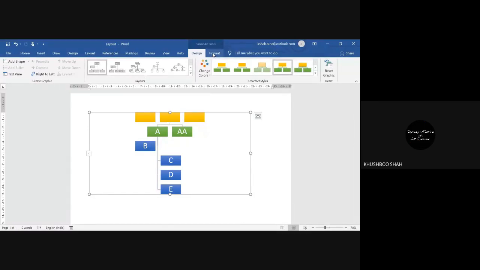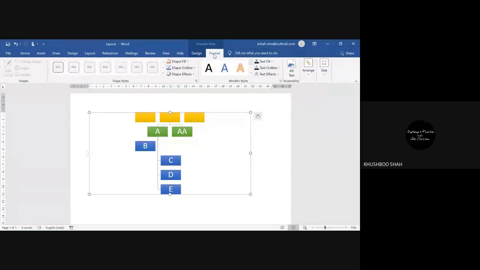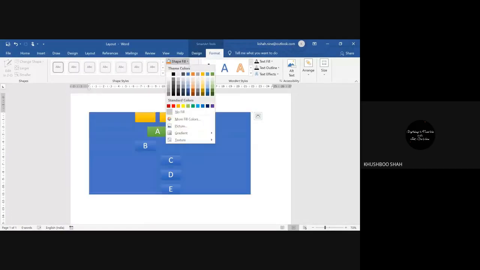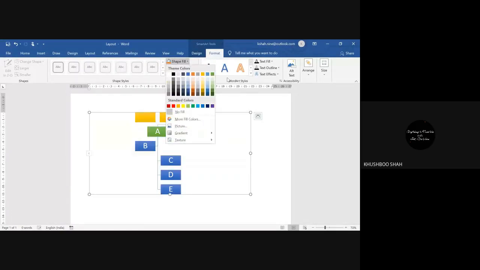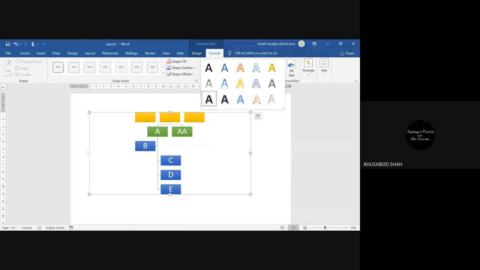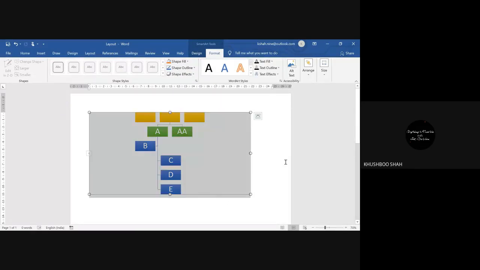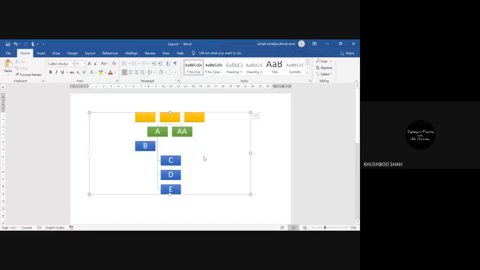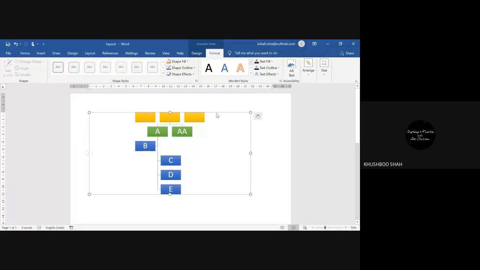When you have selected the chart, from the format menu you can do different work, like I want to fill the color. If you want to change the font, there are multiple things you can do in the format menu especially. So you can just practice this.